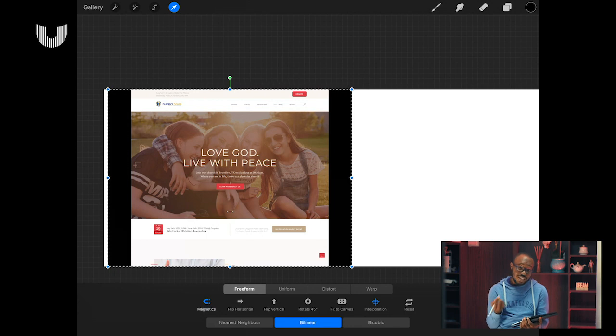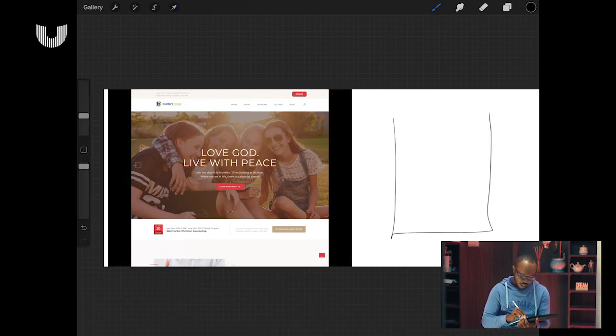Although I'm using an iPad for this illustration, you could use a pen and a paper. Now, let me show you what a basic wireframing looks like. First, we have the outer box, right? This is more like my canvas. And then if I put this here, and then let's say I put dash, dash, dash here, and then I do this,